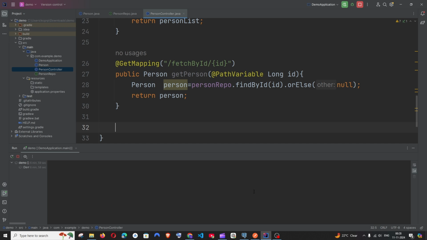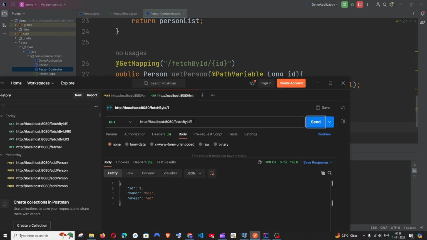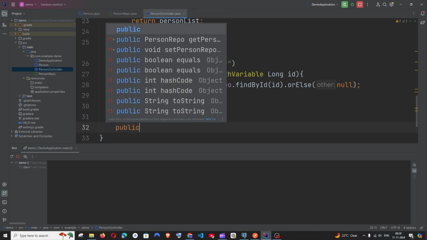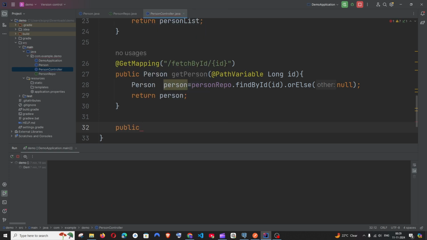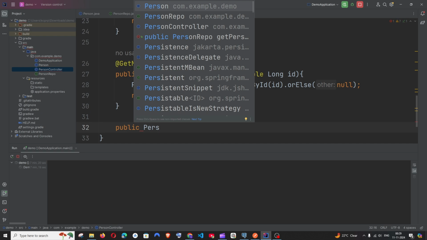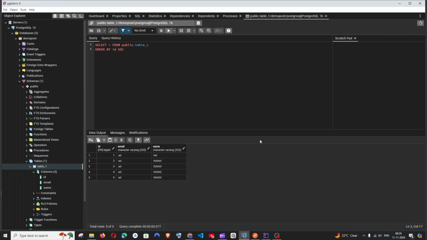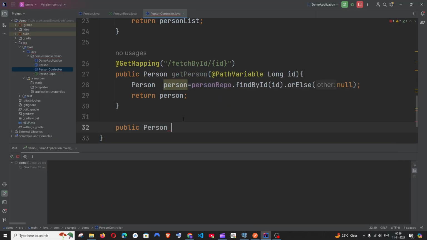For the update operation, I will be passing the ID which is to be updated from the URL, and the name and email from the request body. So we'll be using the path variable as well as the request body annotations. Let's begin coding now. It's going to be public, and the return type is going to be Person, because I'll be returning the object or the row after getting updated with the new value. So I'll just be returning that. It's going to be Person and